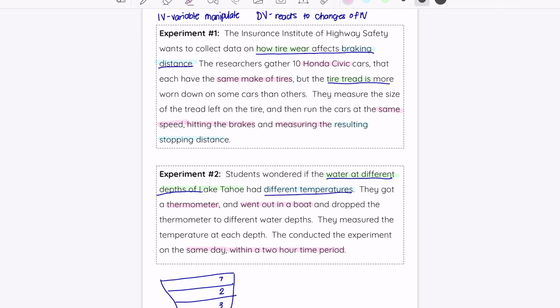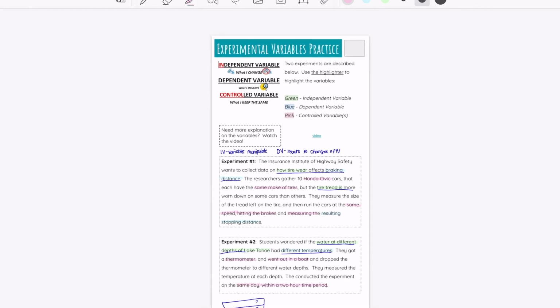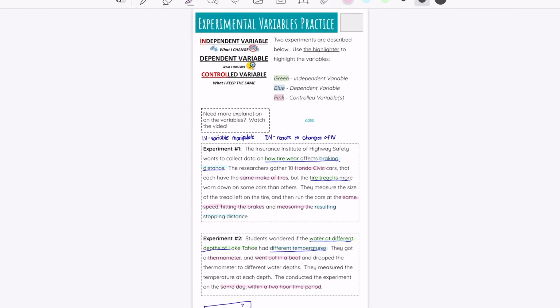So for this page, this is what your answer key should generally look like. And if you have any questions,